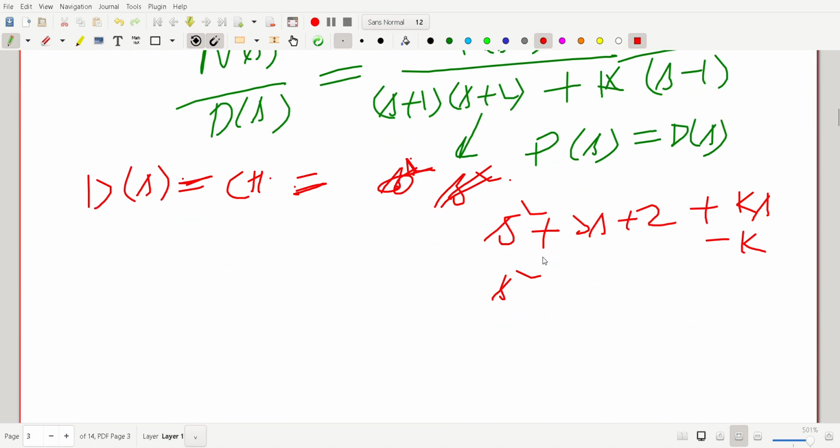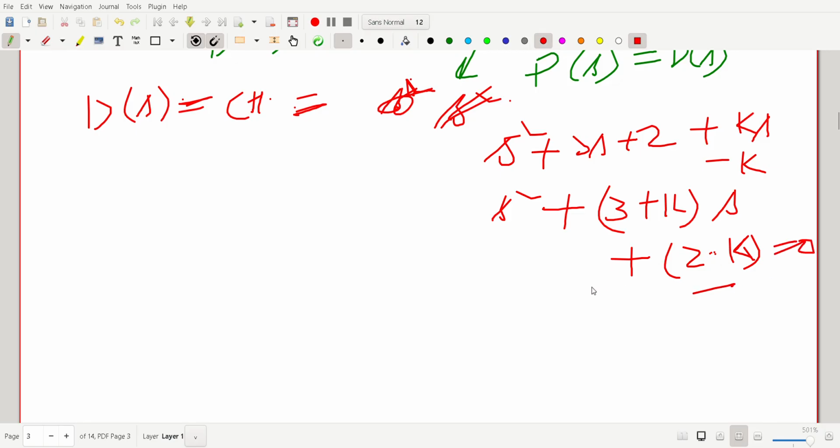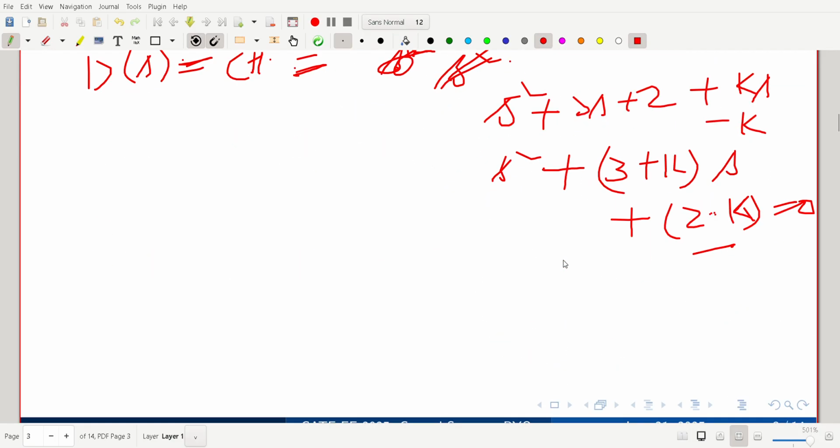Alright. So s square plus 3s plus ks, so 3 plus k s, plus 2 minus k. Here it is minus, okay. Equal to, this we need to ensure. Okay, so if you talk about the characteristic polynomial, then there is no need to put 0 here. If you talk about the characteristic equation, then put 0 here. Okay, so